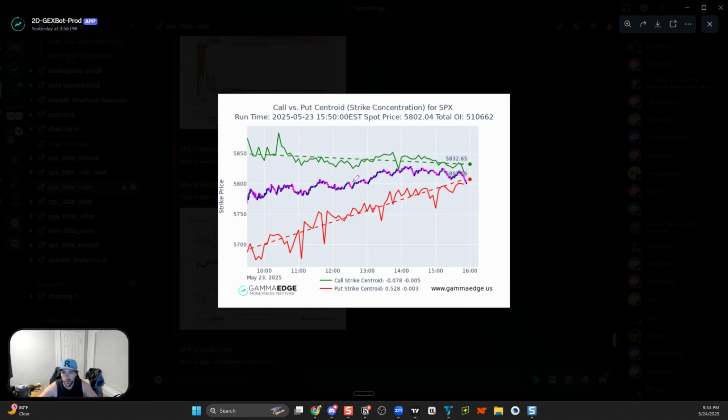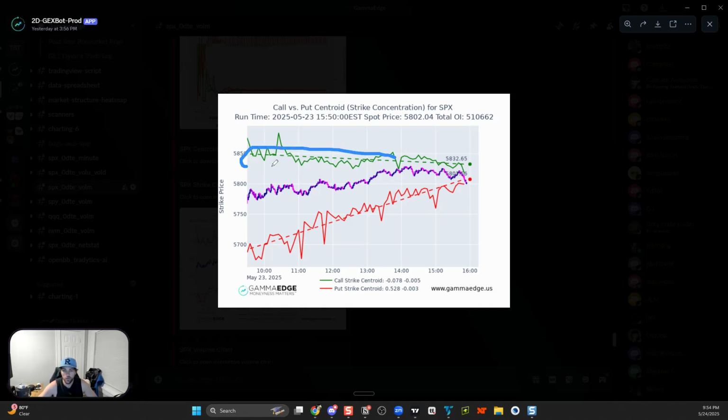So again, we got that move to 5,800. We saw a little bit of speculation higher. Price continued to go higher. But once we got to that 5,825, that speculation really died down, put a lid on any upside move that we wanted. So from there, that's where it started to make sense to look towards, or we had folks, selling both sides of the market, selling butterflies, whatever,